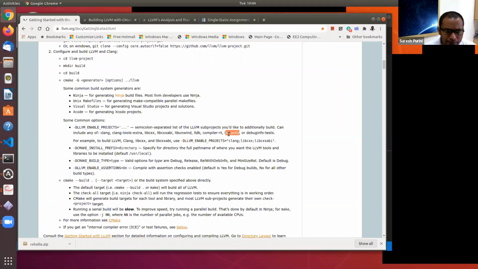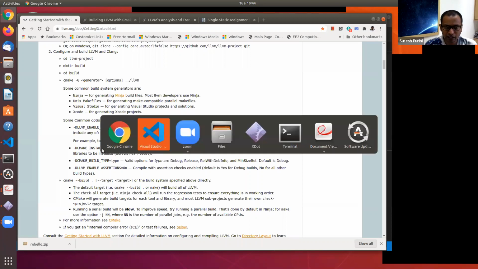Specifying the install prefix is also important, because otherwise you don't know where all the LLVM tools are built and located, and everything looks magic. So I used /opt/llvm.